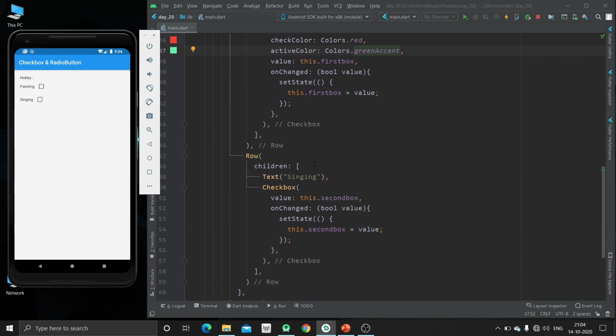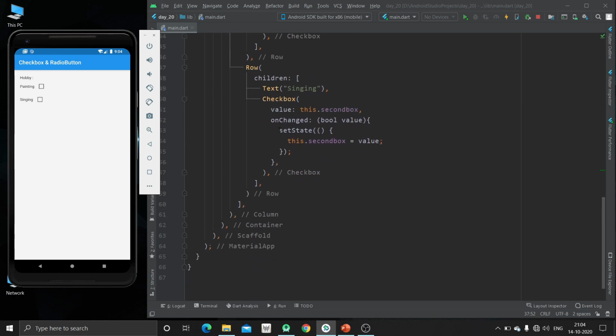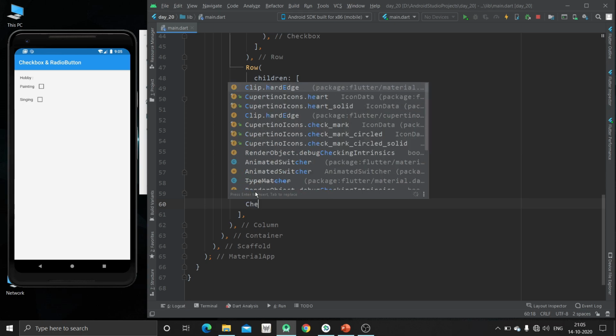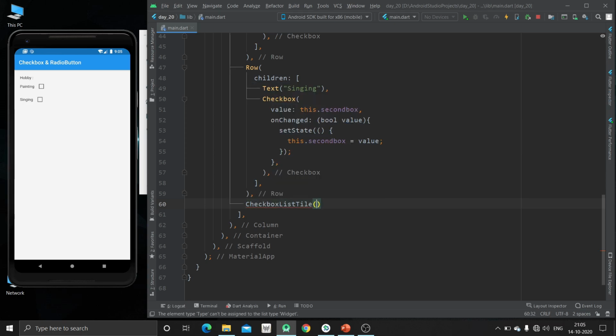So this is the one widget through which we can create checkbox, and one other one is checkbox list tile. This is the second widget through which we can create a checkbox. So for this we are going to specify some title.